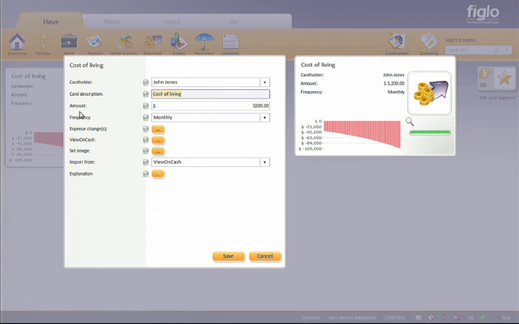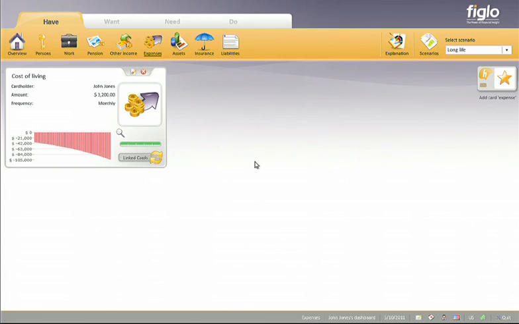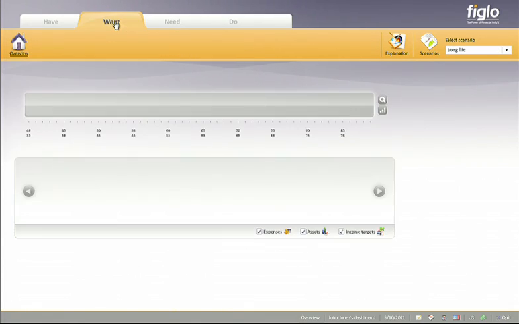What we do is actually bring in live information from our personal finance management tool called View on Cash. So we have the ability to bring in live data that allows us to be a truly useful experience for the client. We also have the ability to bring in third-party information through Finovate alumni like Yodlee as well as Meninga. So let's actually go ahead and take a look at planning something for John and his family.